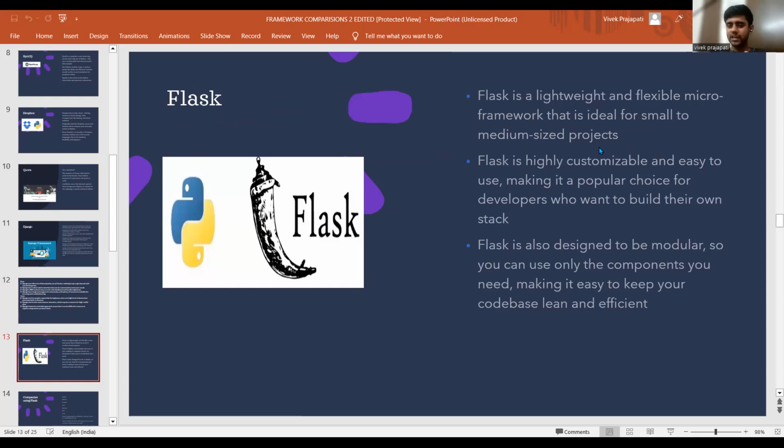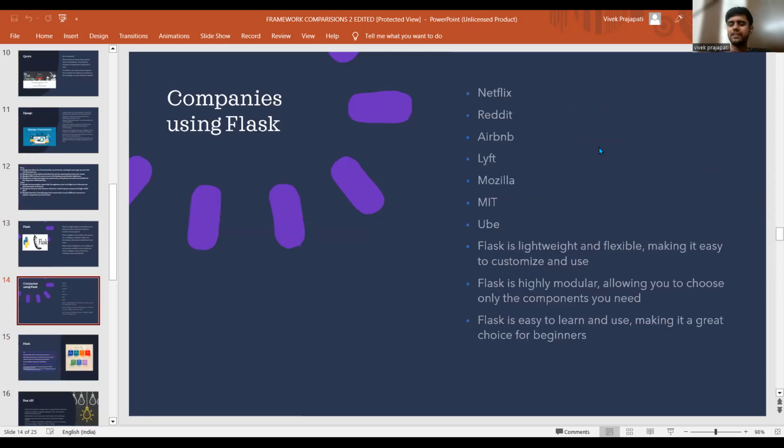It is sometimes complex for even a website, but it's very good if you are a beginner. It has medium libraries, not as many libraries and plugins as Django, but it has a medium support of libraries. Some applications that use the Flask framework are Netflix, Reddit, Airbnb, Lyft, Mozilla, and MIT.